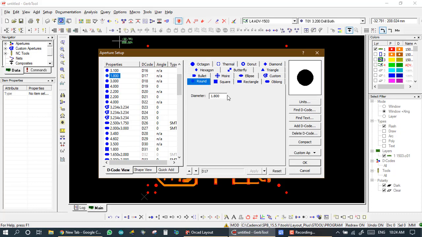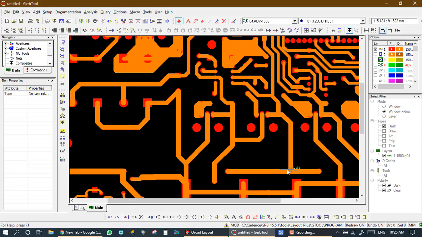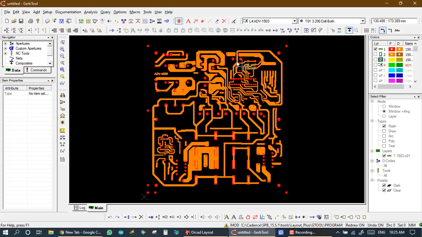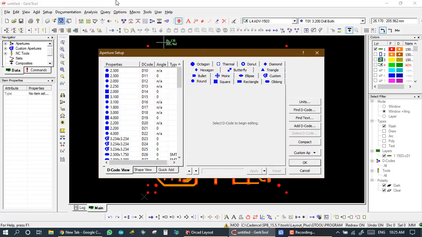We can also change it here to 1.2, but in general we don't change from the aperture setup, because if I change from here, then wherever this decode is used, it may be used in more than one place. Then if I change from here, this decode is changed in all places.